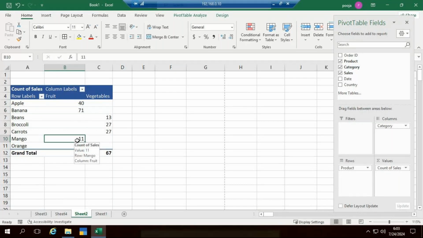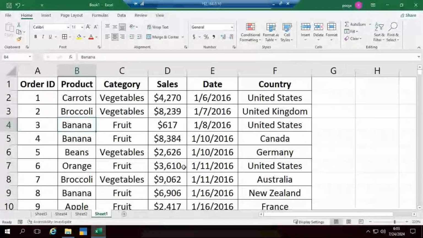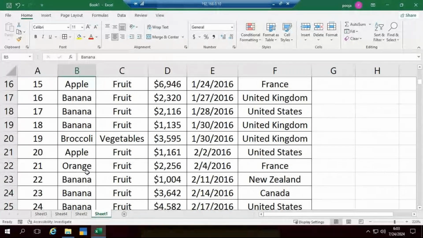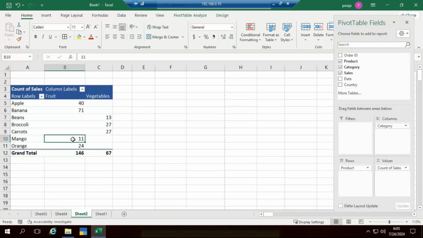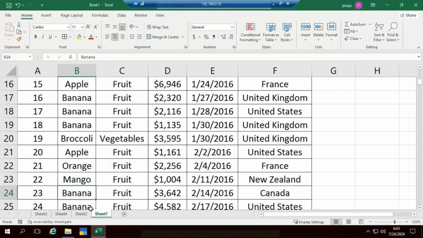Okay, so what I will do, instead of banana, here I'll go for mango. One time I'll make a change. Here instead of banana, I'll make a mango. Now in Sheet 2, it is displaying the same answer: here 11, here 71, same thing. But here we made the necessary changes. So I'll go to Sheet 2,